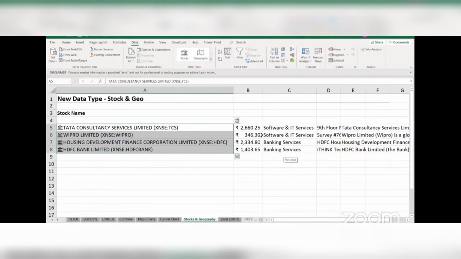Aren't these features of Power BI? No, they are not. Data type is not a Power BI function. If a stock is listed on BSE and NSE, then which price will it fetch? Price of NSE. Is the table dynamic? Yes. You simply go to the refresh button. So under data, you have refresh. Refresh it, automatically it will update. All right. Isn't this amazing?